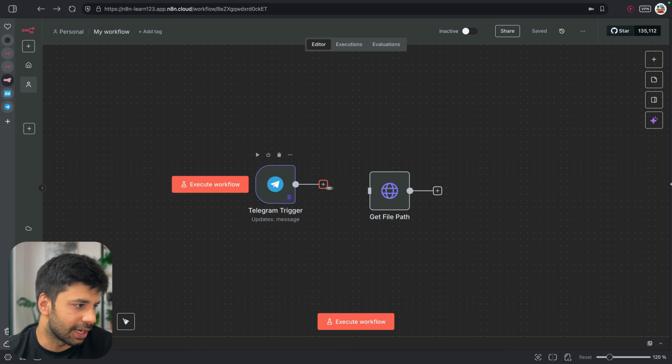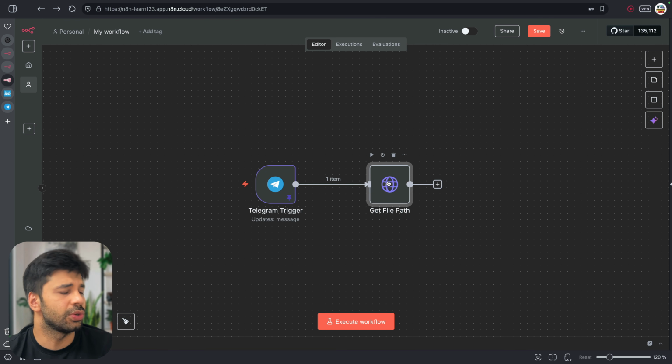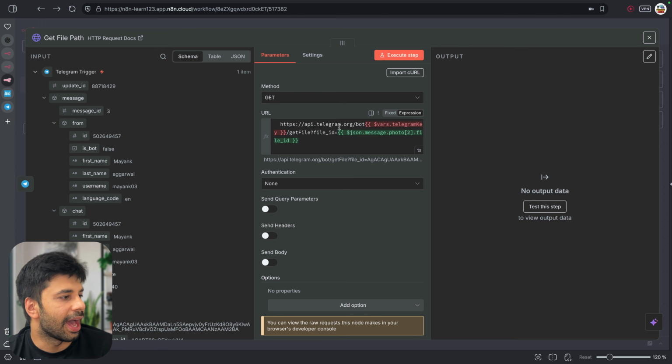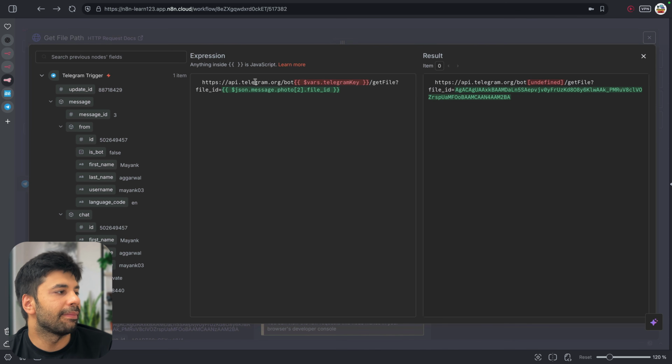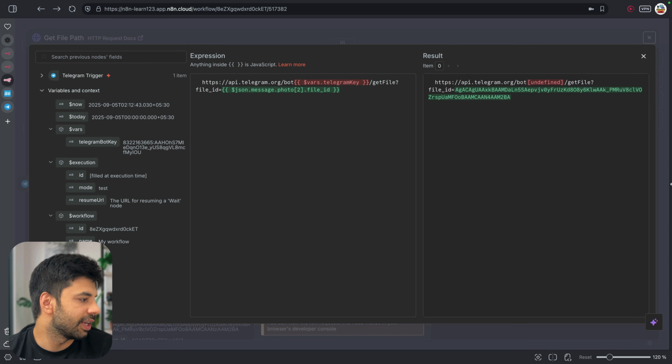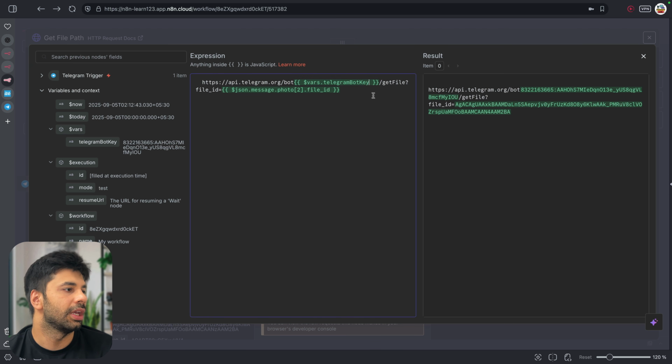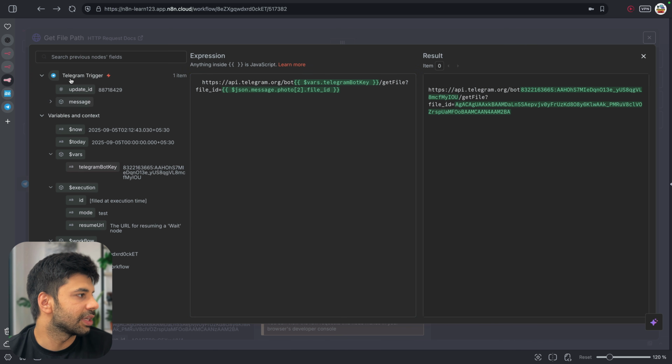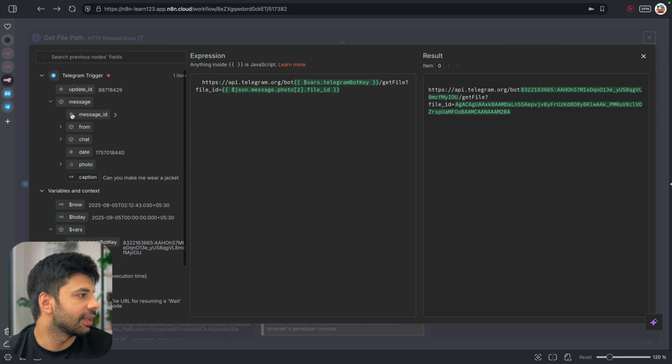Now let me connect this. And as you can see, in this we have the Telegram bot. So this is the Telegram API, everyone. In this bot, it expects my variable, which is now the Telegram bot key, right? So I can just enter here, Telegram bot key. Now it has got my key and I am also giving it the ID. As you can see, it is able to get my ID in the message,